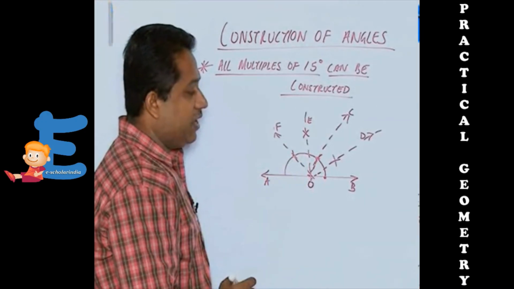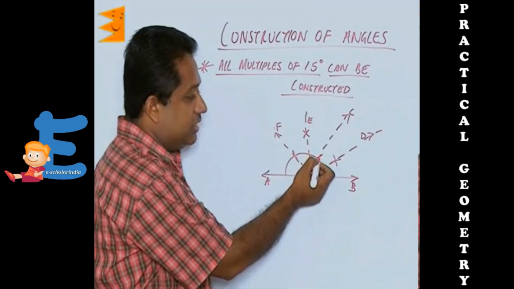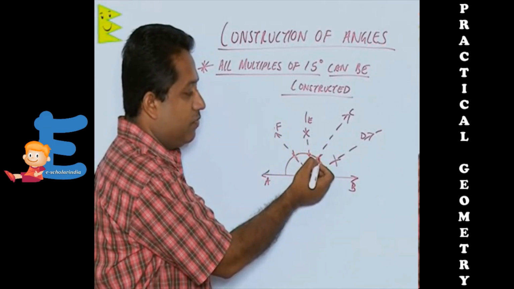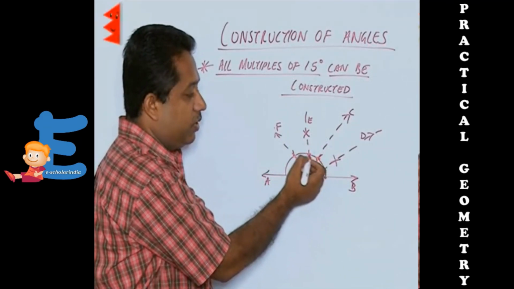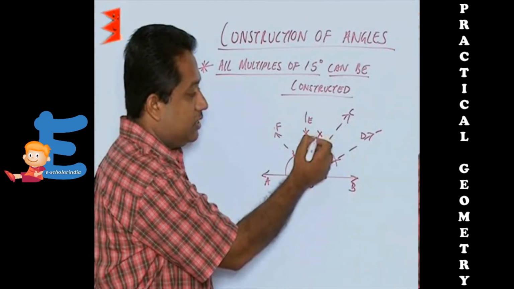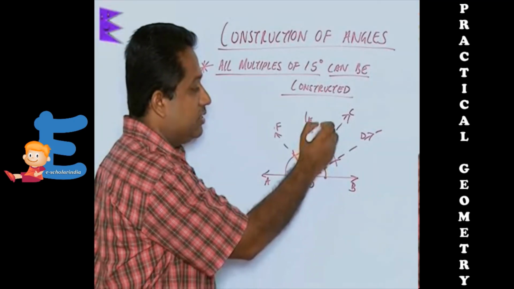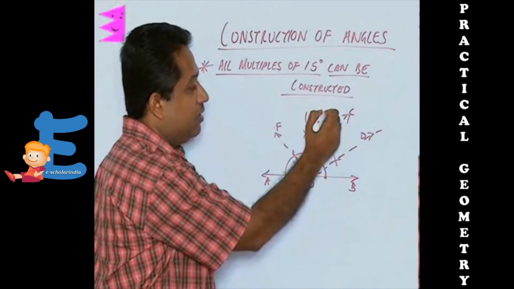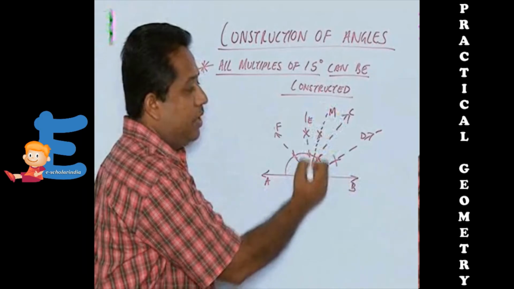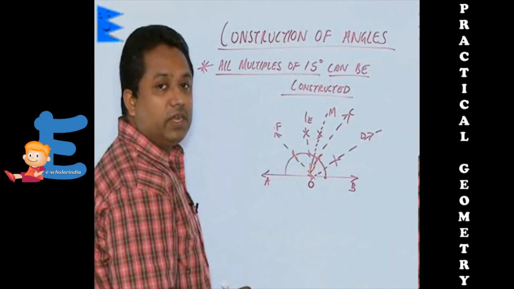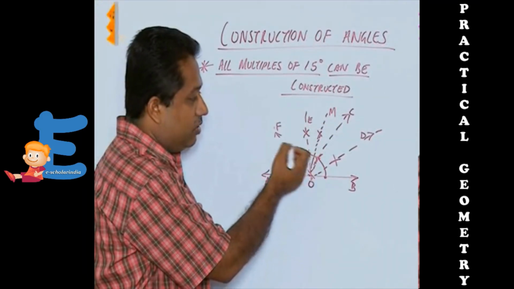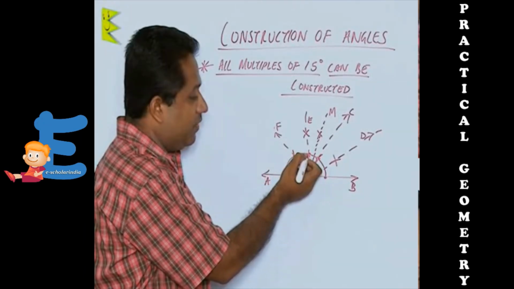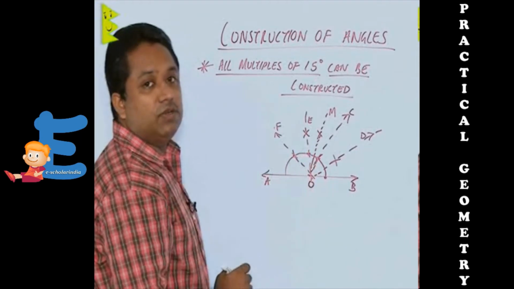If I want 75, then this is the 60 degree line and this is the 90 degree line. Bisect the 60 and 90. So from here and here, the 60 point and this, we are going to cut arcs. So this is the bisector of this line of 60 and 90. So this angle, let's say, MOB is going to be 75 degrees. And if I do it on the other side, this is 90 degrees and this is 120 degrees, bisection of 90 and 120 will give us 105 degrees.